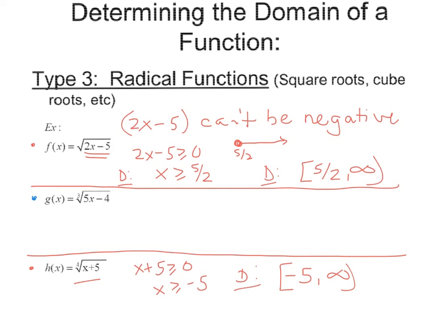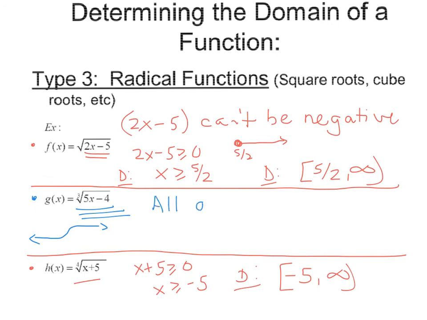Finally, cube roots, fifth roots. I can take a number times itself, three factors of it, and get a negative. So therefore, cube roots, fifth roots, seventh roots, I can take negatives or positives. When I actually look at the graphs of those, they look kind of like this. They go infinitely in both directions. So therefore, for cube roots, fifth roots, seventh roots, all